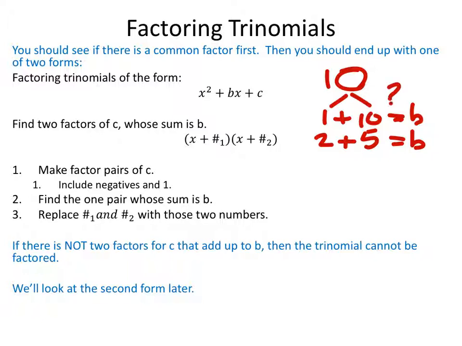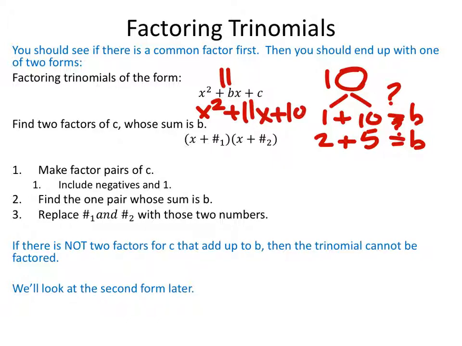That's a question mark really right there, okay? So we're going to look at factor pairs of c until we find a pair that adds up to the value of b. So if b were 11, so if this was x squared plus 11x plus 10,